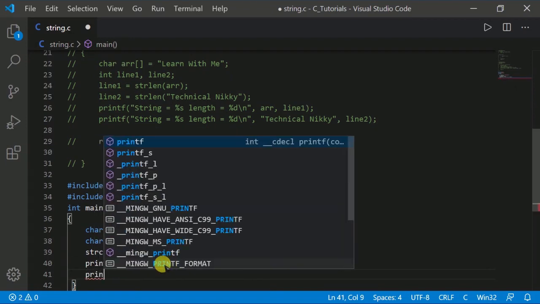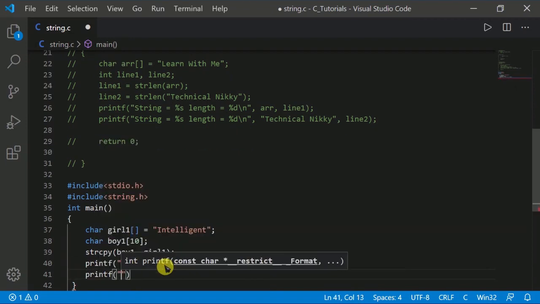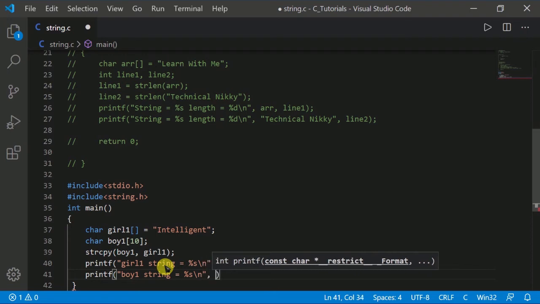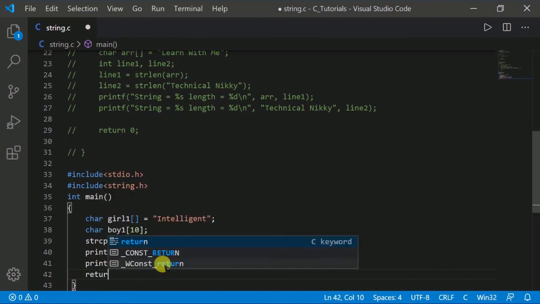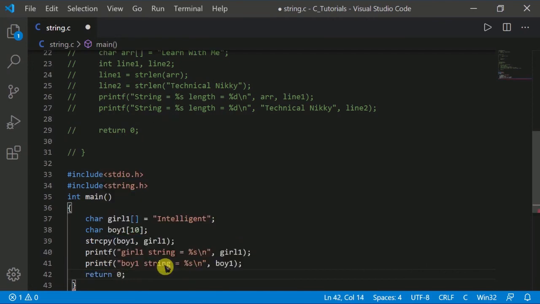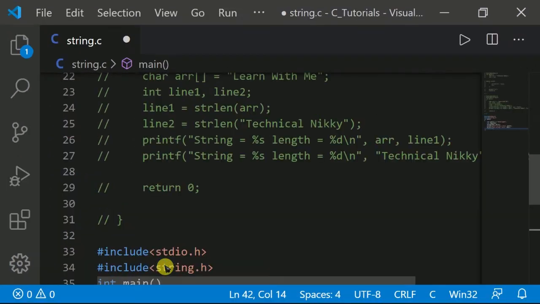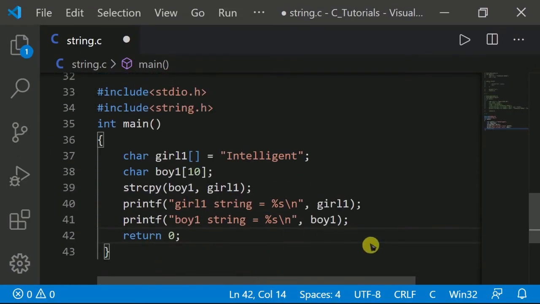Then go to printf again and here type the boy1 string equal to %s, then make it a new line, and then comma, and print the boy1 variable or string, then return 0. Okay, that is the program.